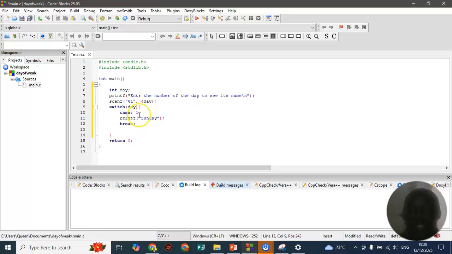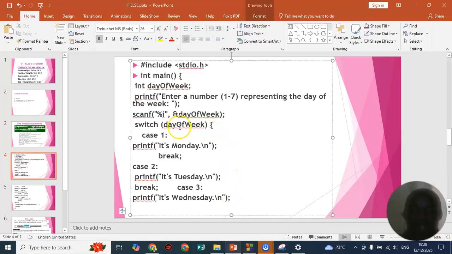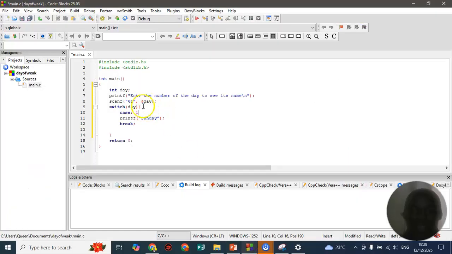Once you do that, let me just remind you that you look at your code here. You can see case 1, we have not defined it rightly. We need to define it this way, and then we will be able to print as we move. But this code must be closed. The switch must be enclosing everything. So this is not right. The right way is this one here. Printf Sunday break. So I'm going to have case 2,